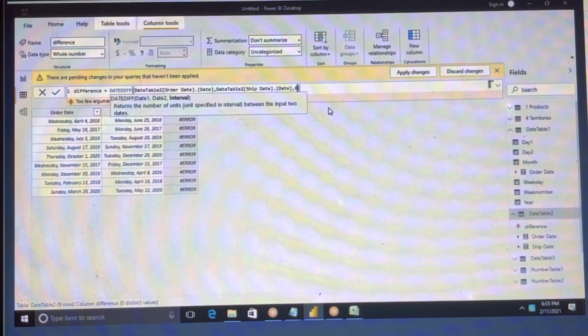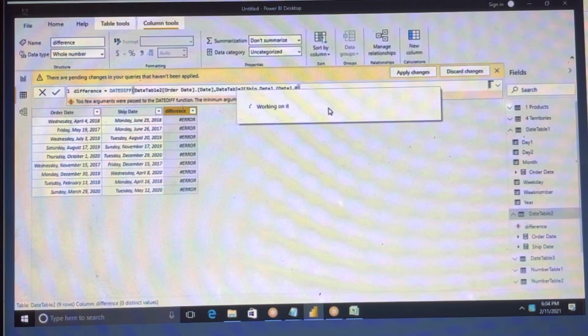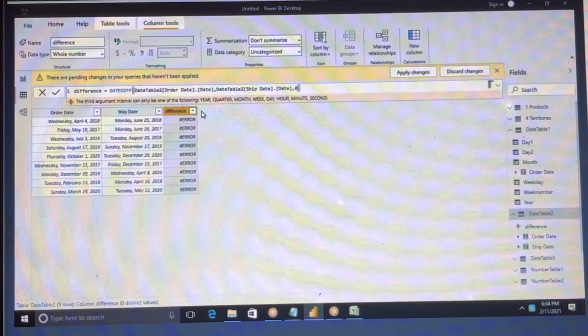Interval can only be one of the following: year, month.